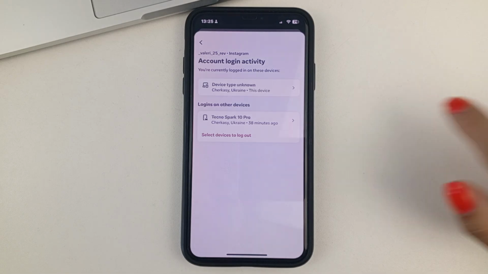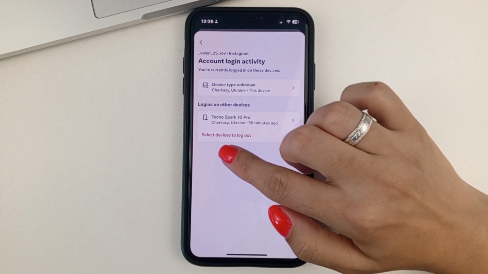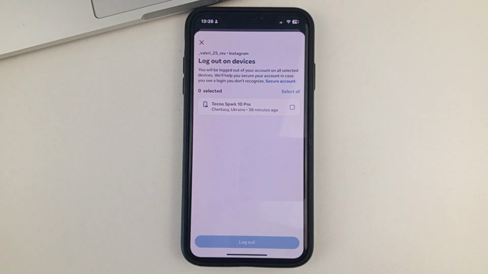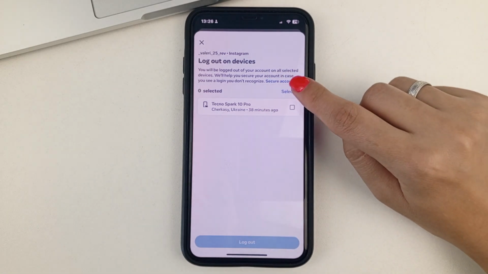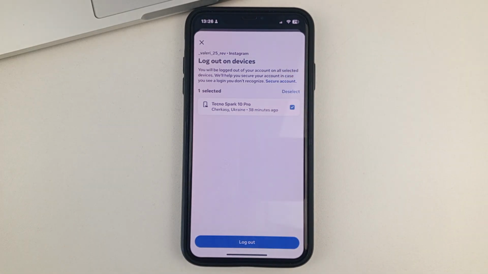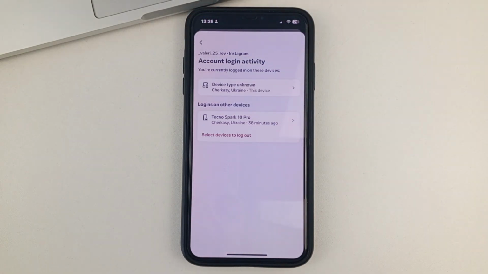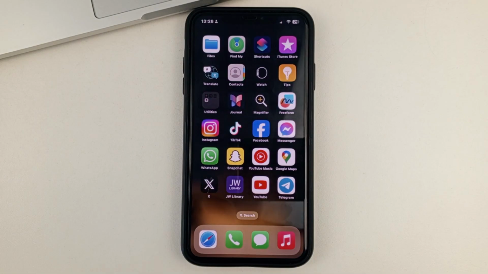And if you want to delete those devices, you'll need to click right here on this red line, Delete Devices. Then you'll just have to select all of them, or you can click Select All if you have a lot of them. And then click on Exit. So, right away, you'll be logged out of all the devices that you use to connect to this Instagram account. But let me tell you right away that you won't be able to delete the devices from which you are currently on Instagram. This is the simple way, friends, you will be able to delete the devices connected to your